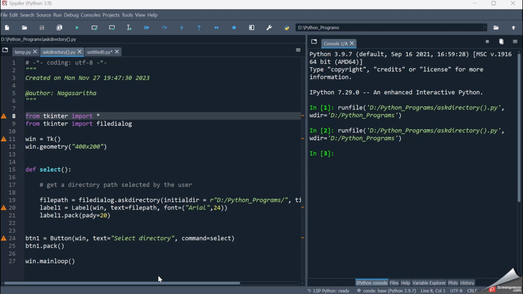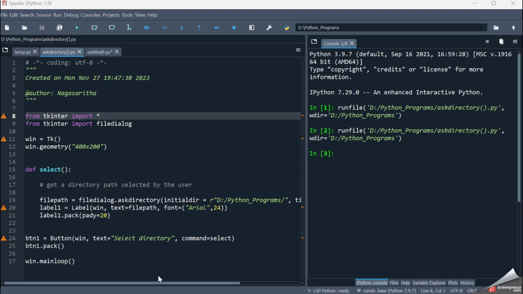In today's session, let's see about one method which occurs in the filedialog class in Tkinter, and the method is nothing but askdirectory. So the askdirectory method comes with the filedialog class in Tkinter. The askdirectory method shows a dialog box which shows only the folders in that particular path which we have specified